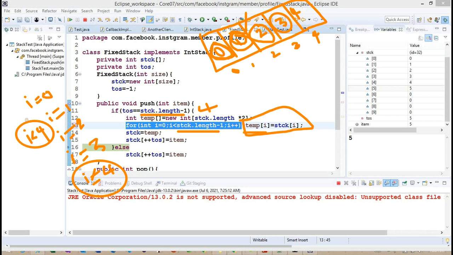Could you please let me know whether this 4 value is going to be copied or not, when this i value becomes 4?